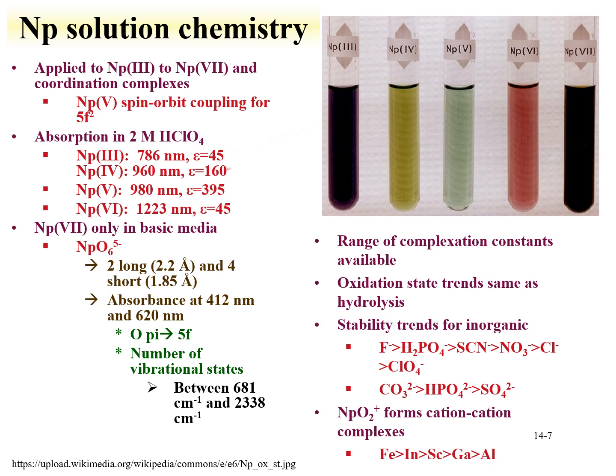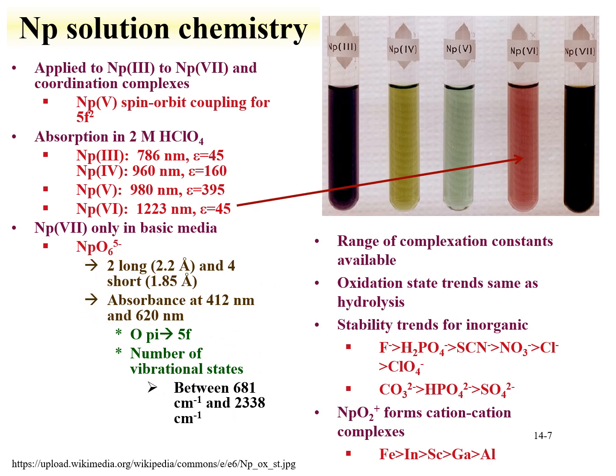Tetravalent neptunium, a little bit higher at 960 with a larger extinction coefficient. The prominent oxidation state in solution, neptunium-5, has a very large molar absorptivity, close to 400, and is in the near IR region, close to 1,000. And neptunium-6 is over 1,000, 1,200 nanometers, with a molar extinction coefficient of 45. Neptunium-7 is available only in basic media, and the absorbance has been examined, including vibrational states, since you have these